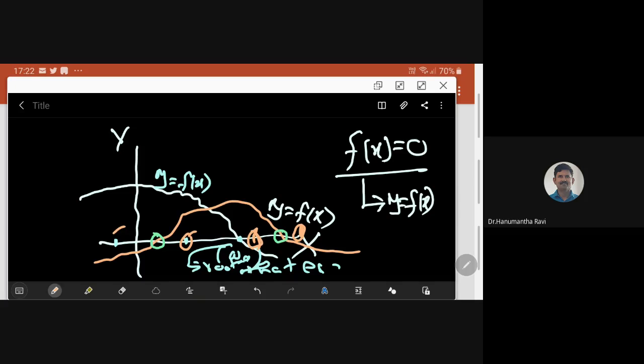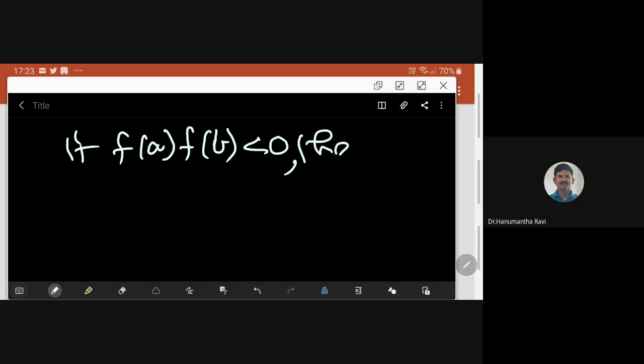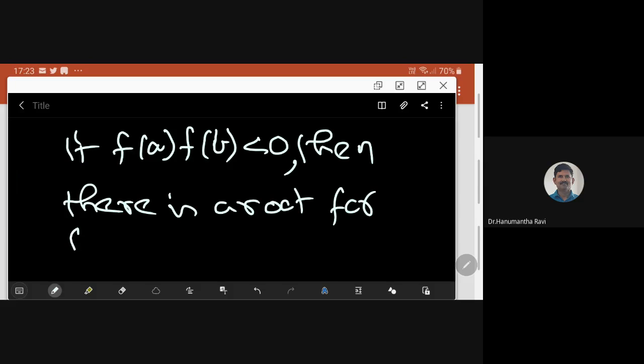So what we can notice is that there is an important observation here. The important observation is that if f of a into f of b is less than 0, then there is a root for f of x is equal to 0